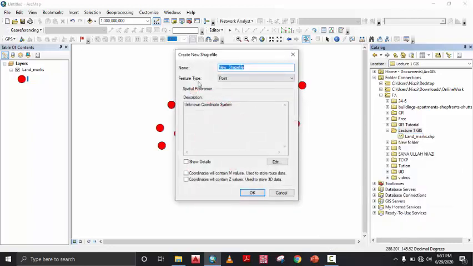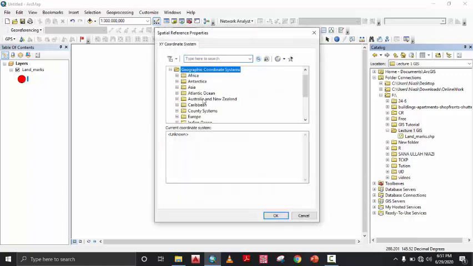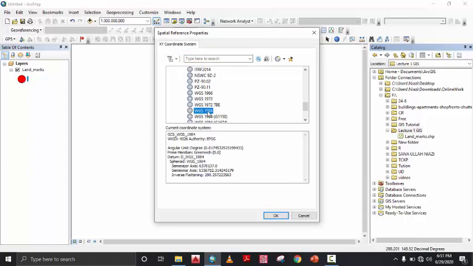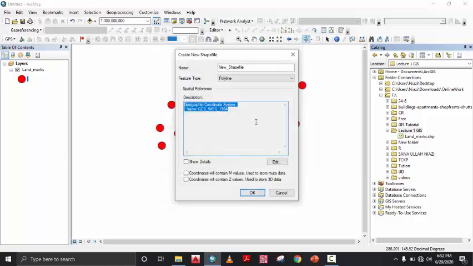Now I will select the feature type. There are multiple feature types available there. So I will click on polyline because I want to draw roads there. So you can see that there's an unknown coordinate system there. So I will just go to edit. And in edit, you can see I will just again follow the same procedure. Go to World and WGS 1984. Now after setting the coordinate system, you can see that I have set the WGS 1984 coordinate system.